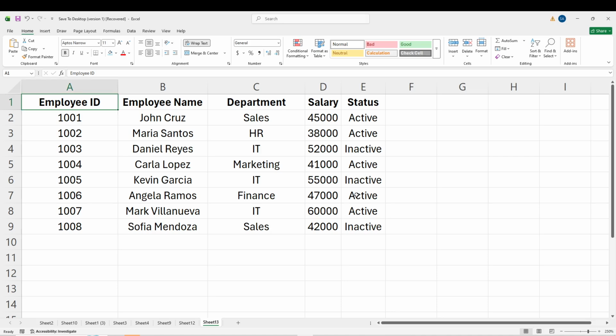In today's video, I'm going to teach you how to delete rows or columns based on criteria in Microsoft Excel. When working with large datasets, you may sometimes need to remove rows or columns that meet a specific condition. Instead of deleting them one by one, Excel provides tools that allow you to quickly identify and remove the data